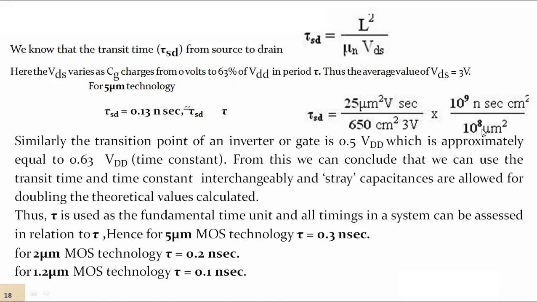Here we have micro. Micro is 10 to the power of minus 6. Here we have a centimeter, and centimeter is in the numerator. One meter equals 100 centimeters, which is 10 to the power of plus 2. That needs to go to the denominator as 10 to the power of minus 2. With 10 to the power of minus 6, the total is 10 to the power of minus 8, which needs to be multiplied with 10 to the power of minus 8.